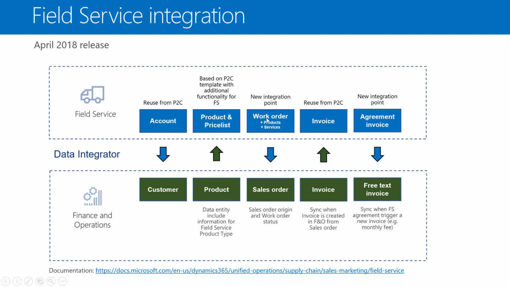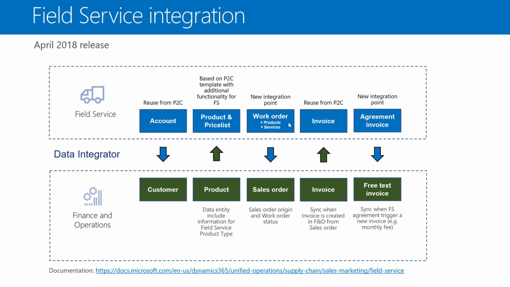which is that we can synchronize work orders, including both products and services on lines, into a sales order in finance and operations. This was chosen, I would say, for the first phase with the field service integration because we already had the sales order integration. Plus, with this, you could create the work order in field service, and in finance and operations, you could pick it up as a sales order,